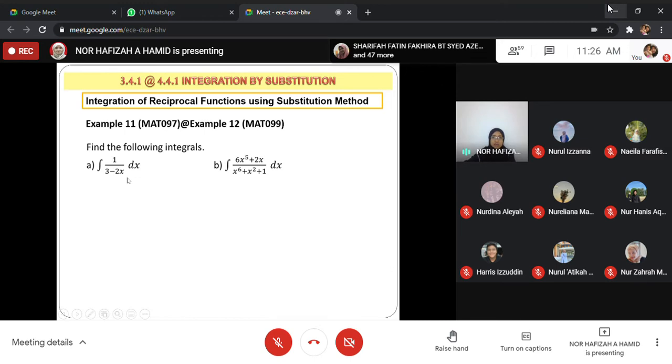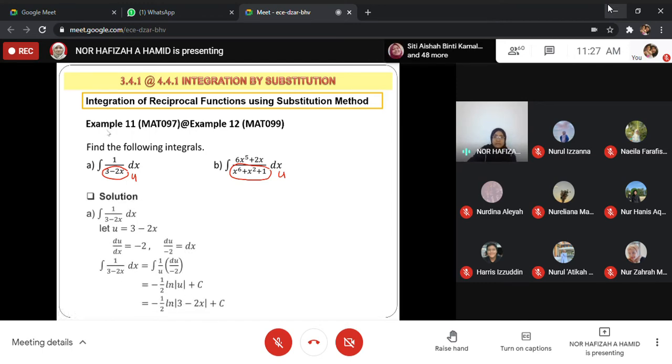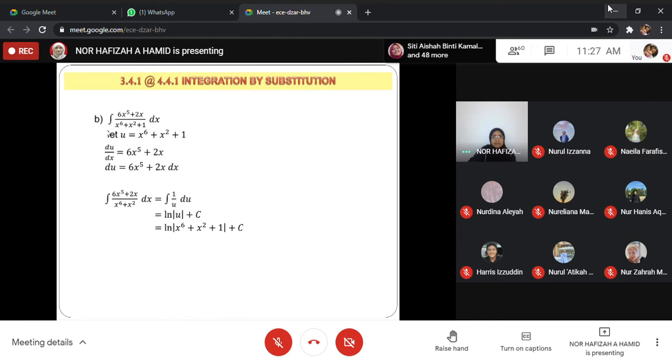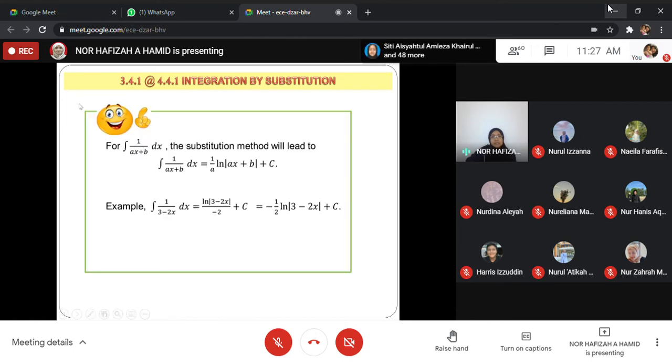So untuk yang A, you can solve using substitution with u equal to denominator. So same for example 11b. So u is referred to the denominator. Yes, so for solution, you boleh refer to the video. Next, for formula. So for integrations of 1 over ax plus b, the substitution method will lead to